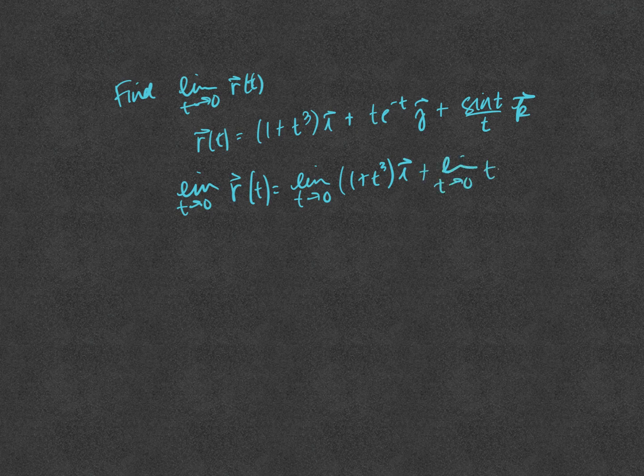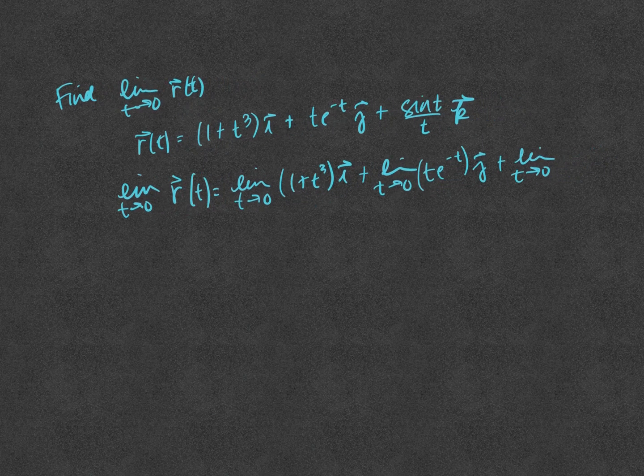plus the limit as t approaches 0 of t e to the minus t j plus the limit as t approaches 0 of sine t over t k. Make sure you have limit notation, that's important. So when you plug 0 in for t, right here you get 1 plus 0 i, plus we're going to plug 0 in here, and we have 0 times e to the 0, which is 1,